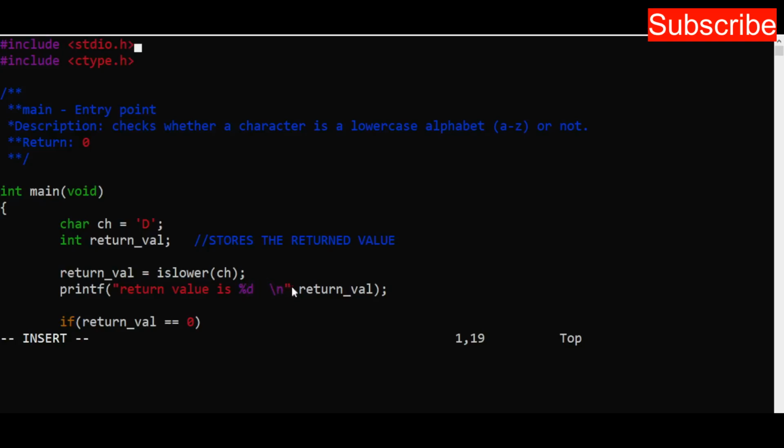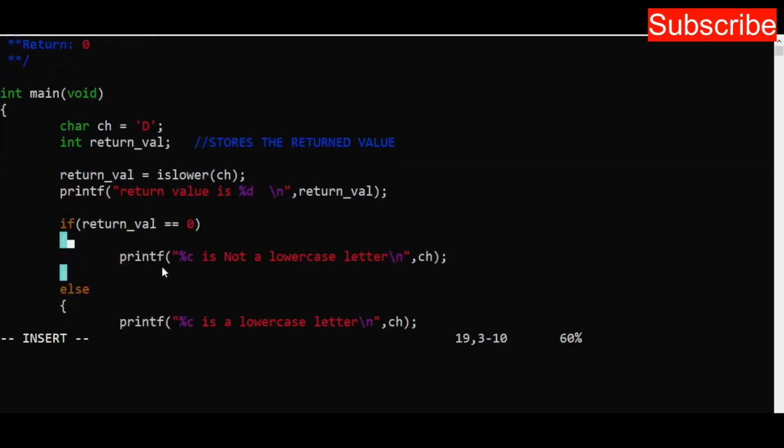I want it to go to a new line. So now what is the value that we want to put inside this placeholder? That is return value. Once you see this placeholder, it's going to go to the first parameter that is there, which is return value, and it puts the content here. So it's return value is zero. That's what we're going to get when we run this program. All right, so going down,